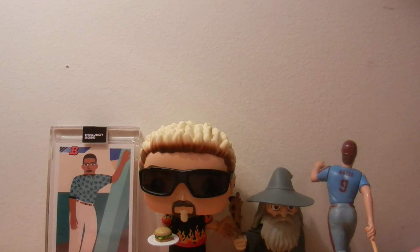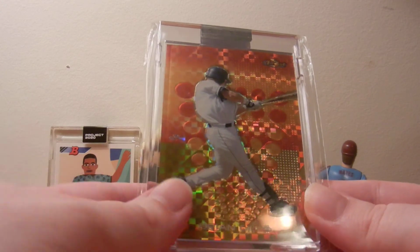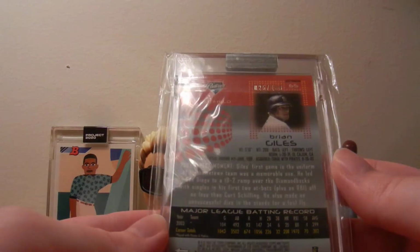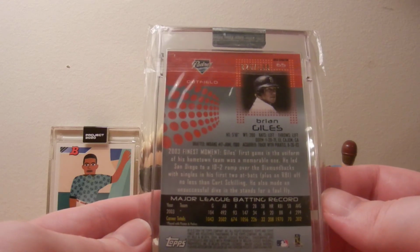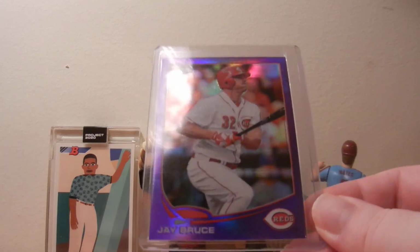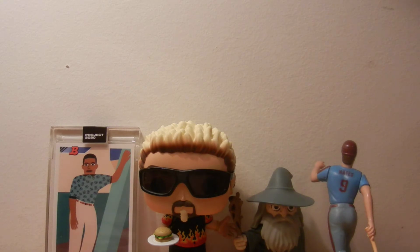Josh Hamilton. Bob Lewis, if you want this, let me know. Think you're a Brian Giles guy. Topps Finest. Crazy shine on this card. Brian Giles. Look at all that shine. Numbered out of 139. Strange number in there. And then we have a Jay Bruce. Purple from Chrome. And the final card that I purchased, this is from Diamond Icons, number 25 out of 25